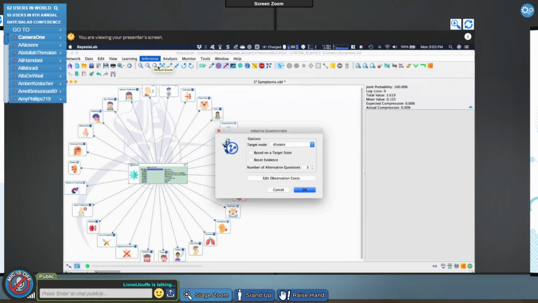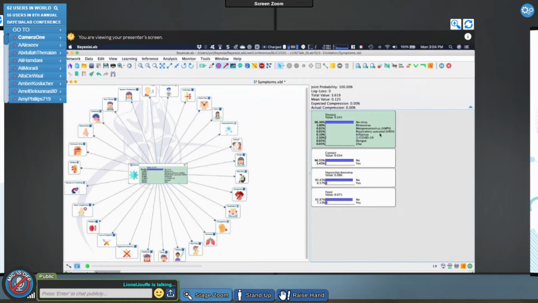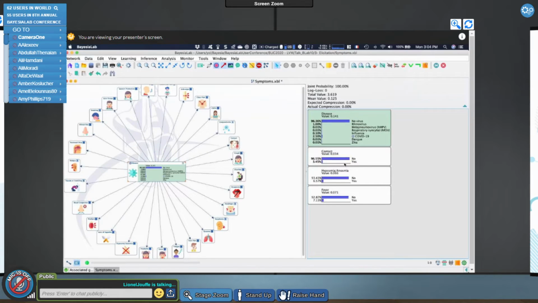And adaptive questionnaire means that we are trying to find what are the most important questions to ask. So when we start with disease, when we don't have any clue, the most important question to ask is to know if you have been in contact with somebody who had COVID-19, right?